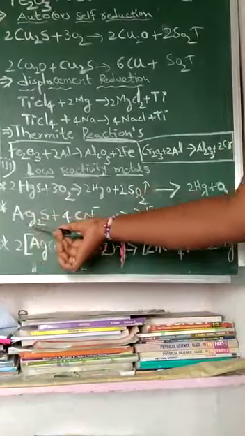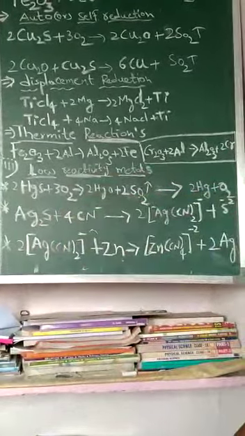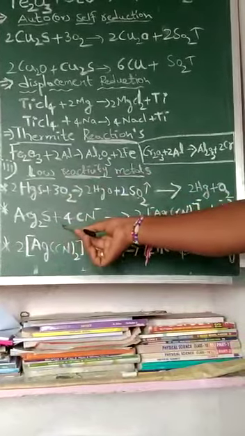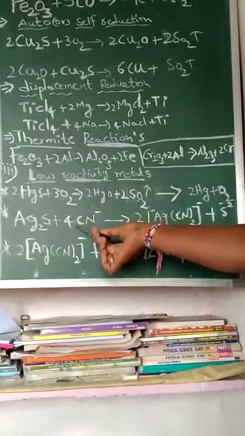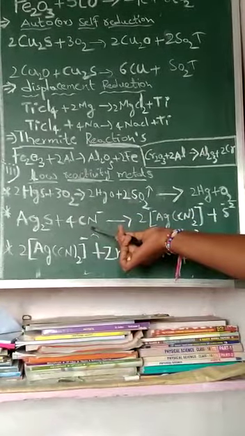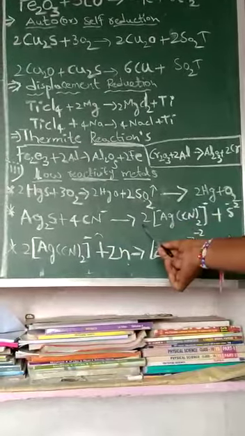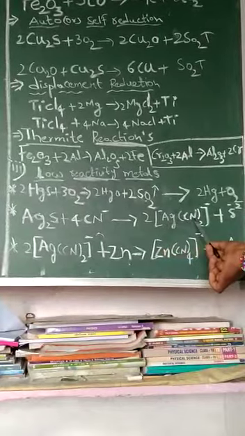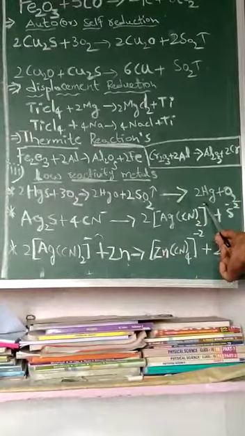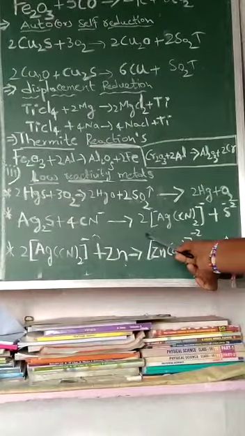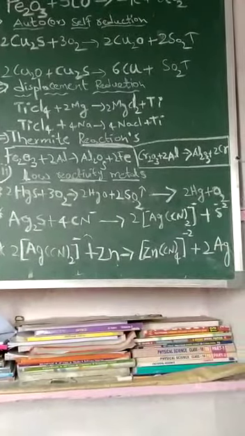So these low reactive metals are sometimes displaced from aqueous solution. If you consider silver sulfide, Ag2S, this silver sulfide is dissolved in potassium cyanide solution. So Ag2S plus 4CN minus. These CN minus ions are available from potassium cyanide. So they form what? Dicyanoargentate: Ag(CN) taken twice, with charge -1. It is a complex product, called dicyanoargentate. And at this stage, sulfur is removed.